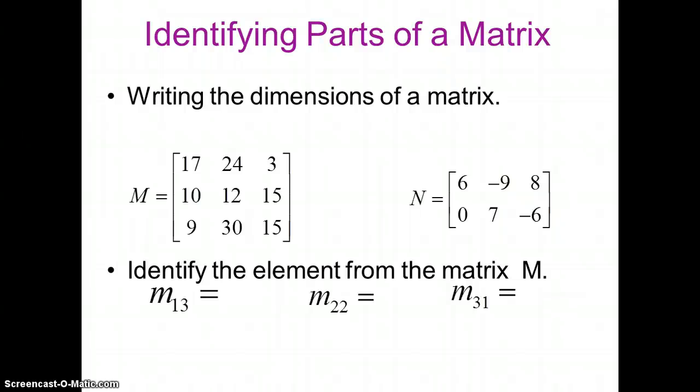Now, when we talk about the dimensions of a matrix, which are going to be important once we start manipulating these, and even when we start writing them, we identify the dimensions of a matrix by simply noting the rows and the columns of the matrix. We have a standard way of always identifying the dimensions as the number of rows by the number of columns. Which can get a little confusing if you're not paying attention, but when you think about rows and columns,